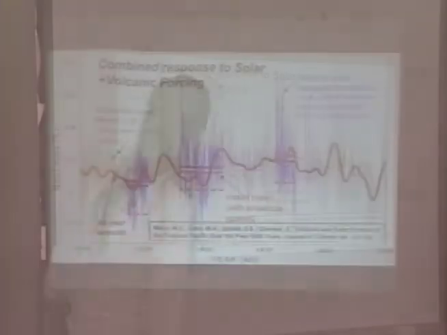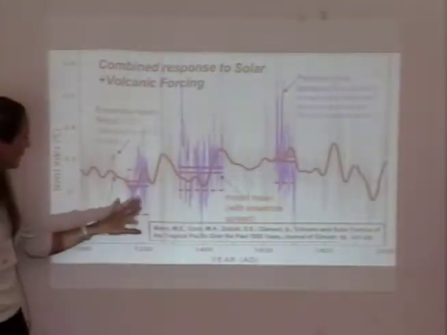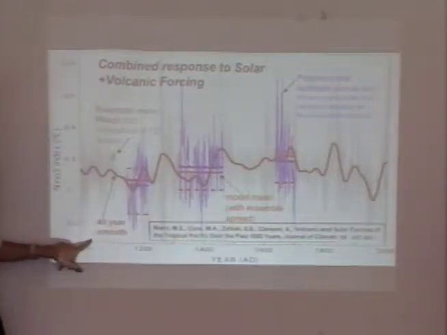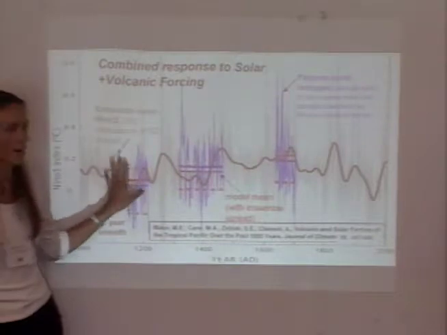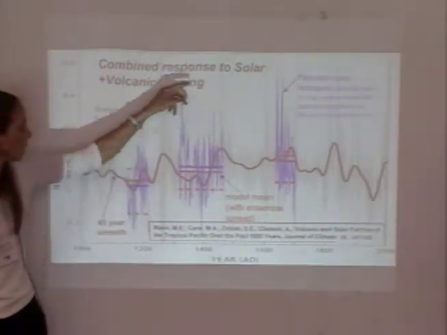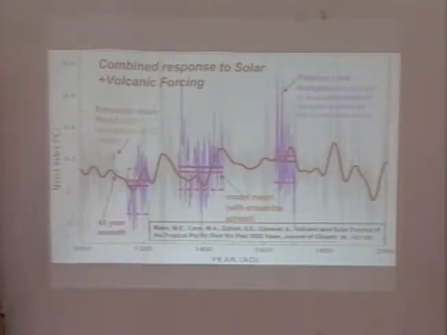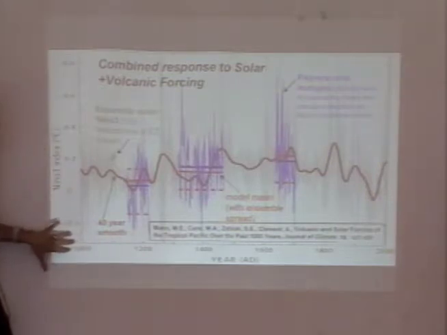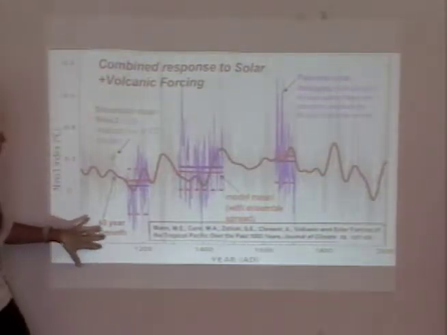Let's throw in some proxy data, in this case, my proxy data. This is corals that grew during the last millennium. So corals, you can read this as temperature, more or less. Coral high is warm, and low on this plot is cool. And these fall in different intervals of the last millennium. Unfortunately, not as many as I'd like, but this is very laborious stuff.